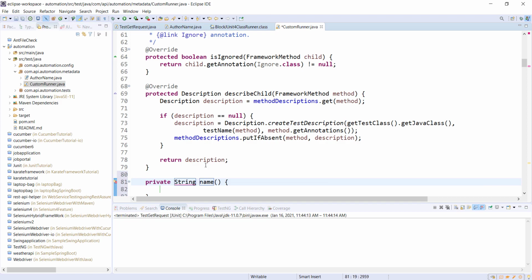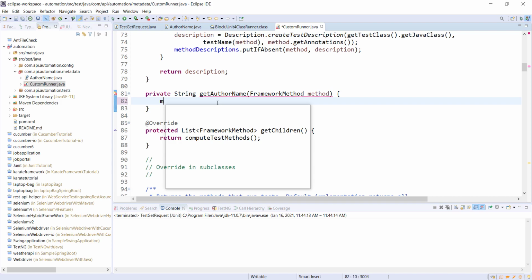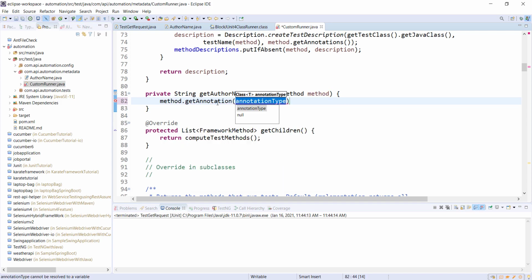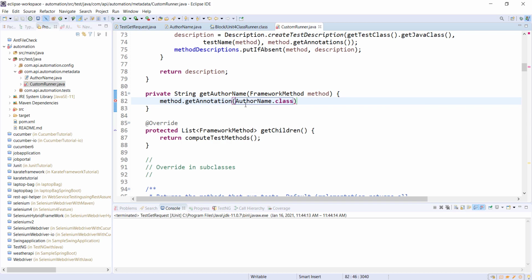The parameter to this method is of type FrameworkMethod. Using this variable, I will get the annotation and then extract the information about the author: method.getAnnotation, and the parameter to this method is our custom annotation class. This method is going to return us the type AuthorName.